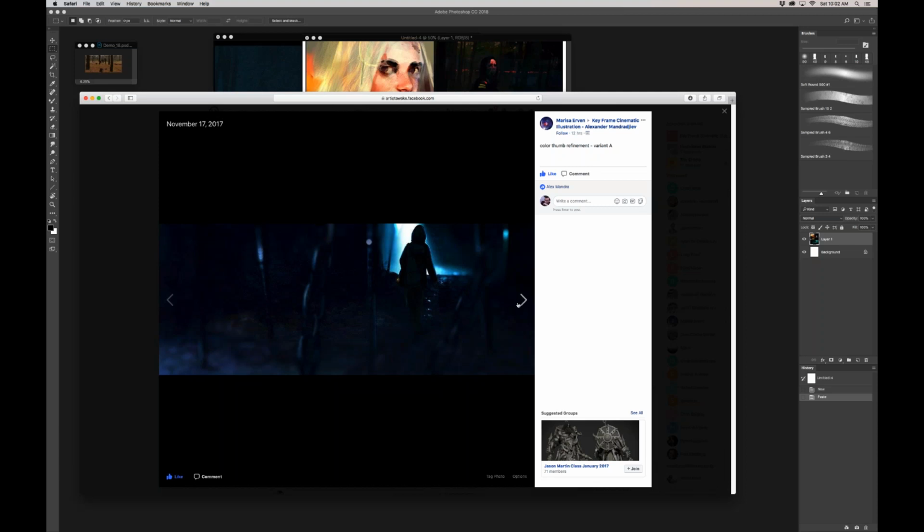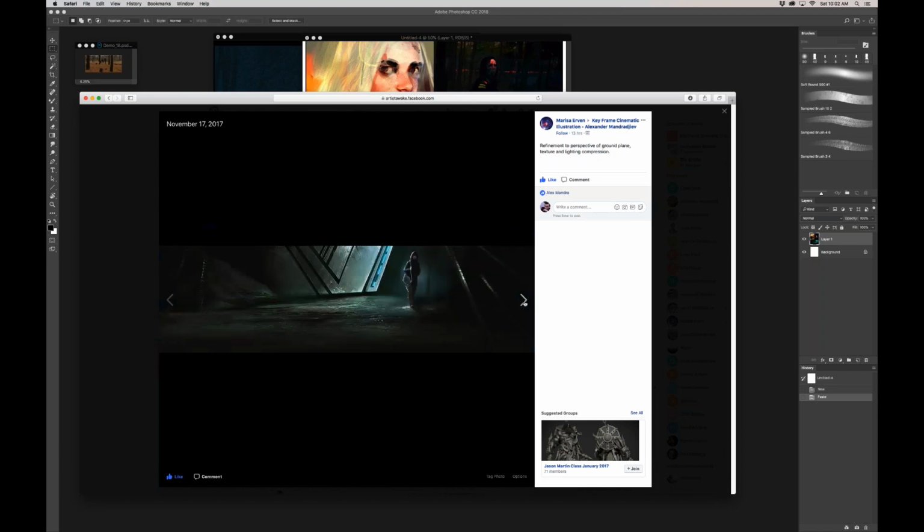So I just want to go over the homework and your guys' progress, really. This is looking better. The change to the ground plane and adjusting the texture and simplifying the light, that's good. I would probably really think about how this figure here